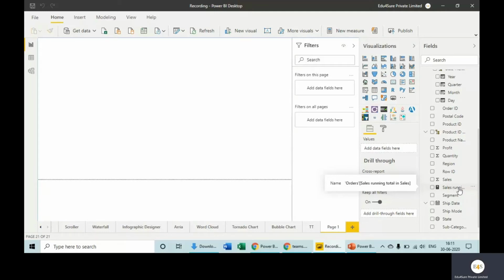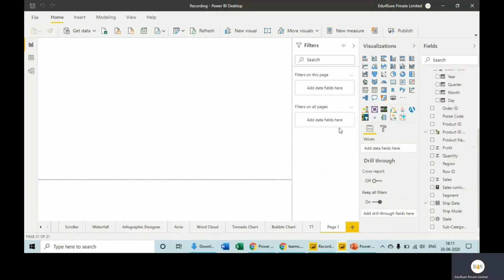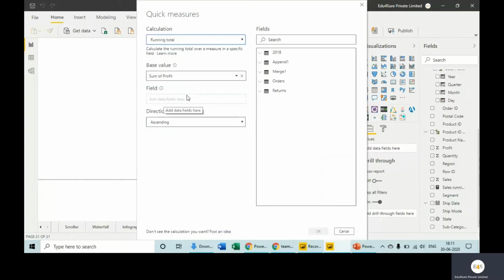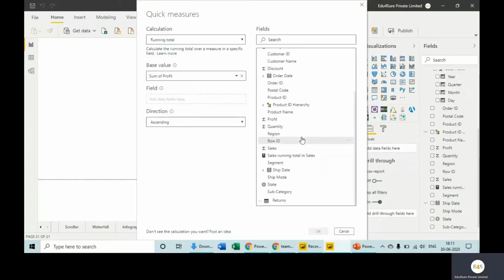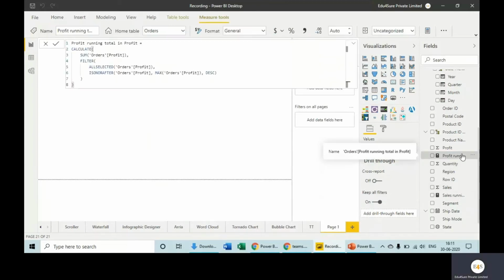We have total sales with us. Now total out the profit. Go to quick measure, select running total, and drag the field Profit so that we can have a total. It will give us another measure, profit running total. We have both the values with us.